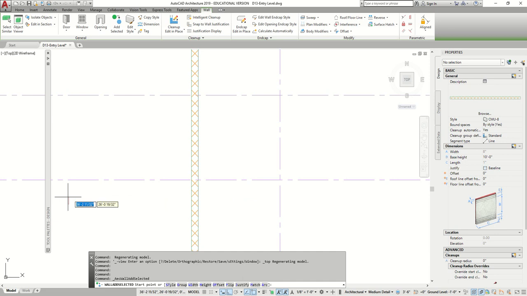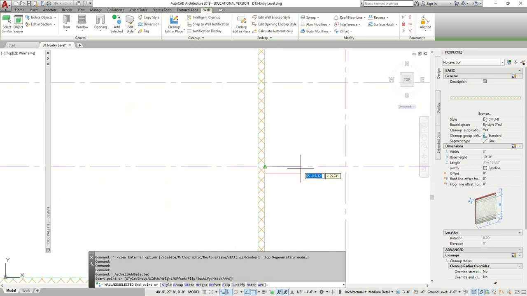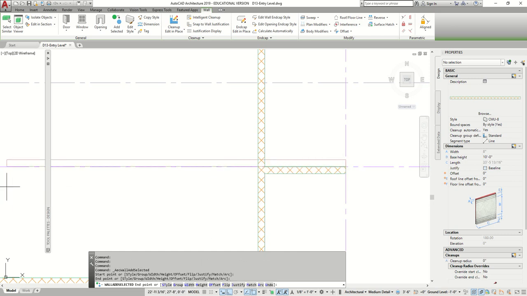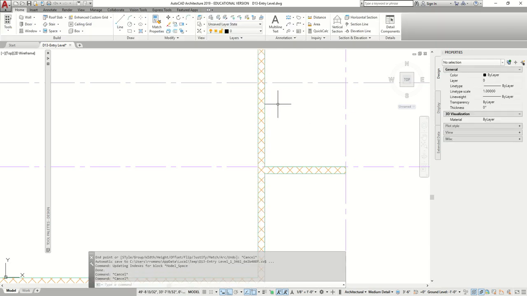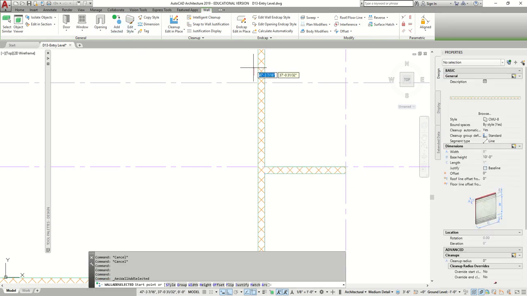We're going to go from this corner here all the way to this corner here. So if you don't have your snaps on, it's going to cause an issue when you start drawing it. But in this case, we do have it. Press escape and do the same thing again. Grab the wall again. Do add selected and draw it again for the second line,